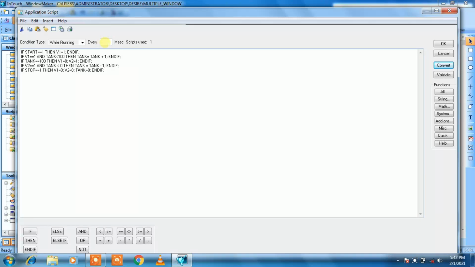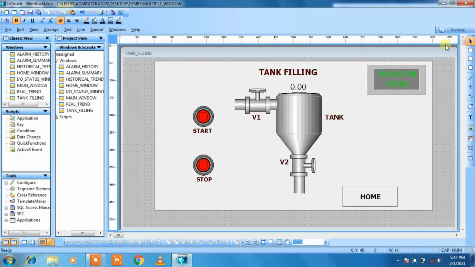Okay, so let me give the value 100 milliseconds. So we will check our programming. For that, convert it. Okay, it is errorless, so validate it and click on OK.